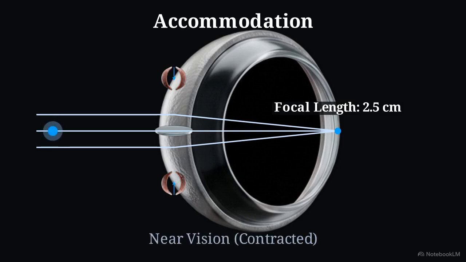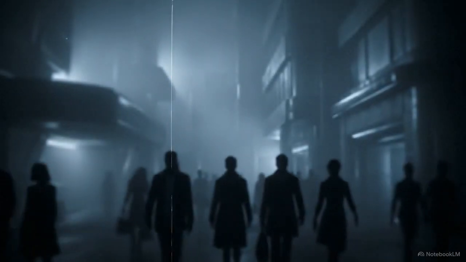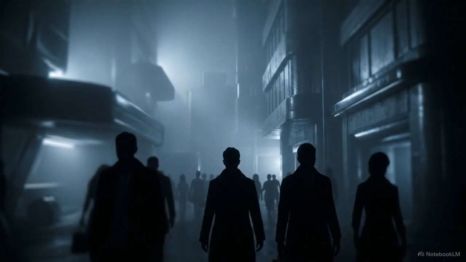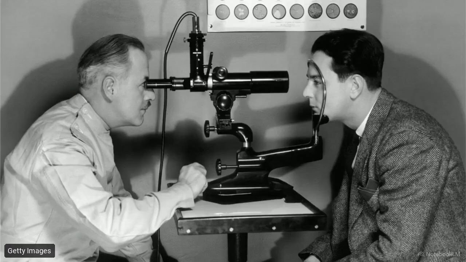To see something close up, the muscles contract and the lens bulges, shortening the focal length to 2.27 centimeters while keeping the image anchored on that back wall. This rapid, physical reshaping of the lens is the evolutionary hardware solution that keeps our perception of a dynamic world sharp. However, this organic hardware can fail due to genetics or age, resulting in structural defects that the eye cannot